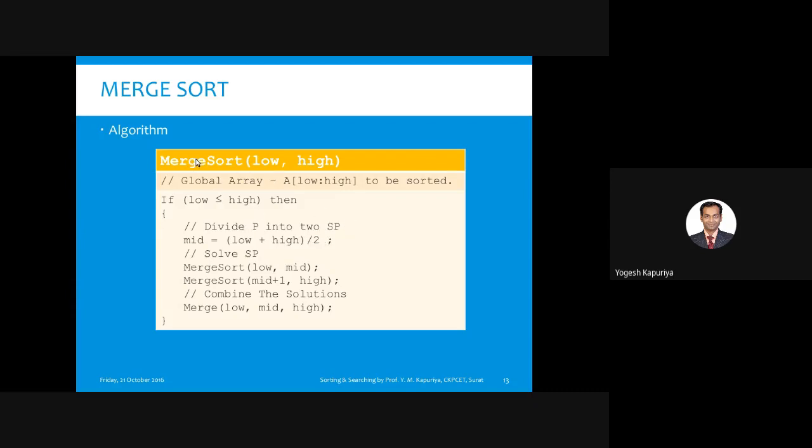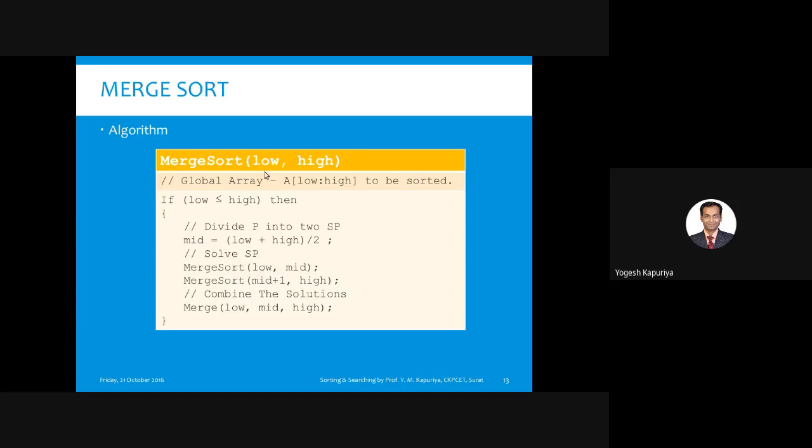So what we are doing, we are writing this algorithm merge sort, which has two parameters, low and high, or it is said left and right. Left indicates the left bound and right indicates the right bound. Why we are doing this, you will understand. I think you have studied recursion in the CPPS subject. Recursion means a function calling itself. So any divide and conquer approach algorithm requires implementation of recursion. So this is also a recursive algorithm. You can observe that merge sort is the name of the algorithm, and we are calling merge sort again.